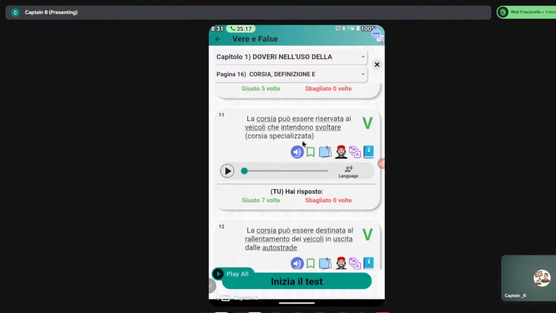Canalizzazione is different from corsia di specializzata. Specializzata was the one I just drew. You find it most times in the middle of the carreggiata. The vehicle that is going will first of all stay at the middle, just like the triangle sign I normally find in Della Presidenza, and wait in the middle of the road. Then you allow the vehicle coming from the opposite direction to pass, and then you move. So that's what it's about, okay?